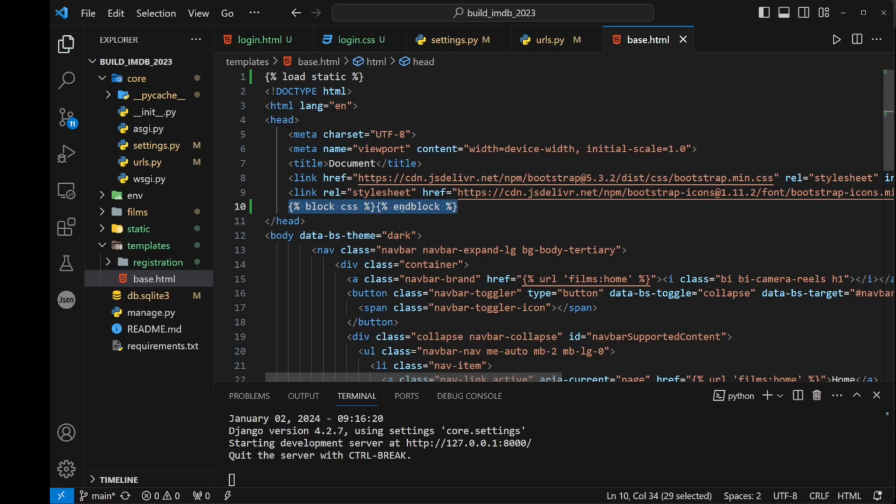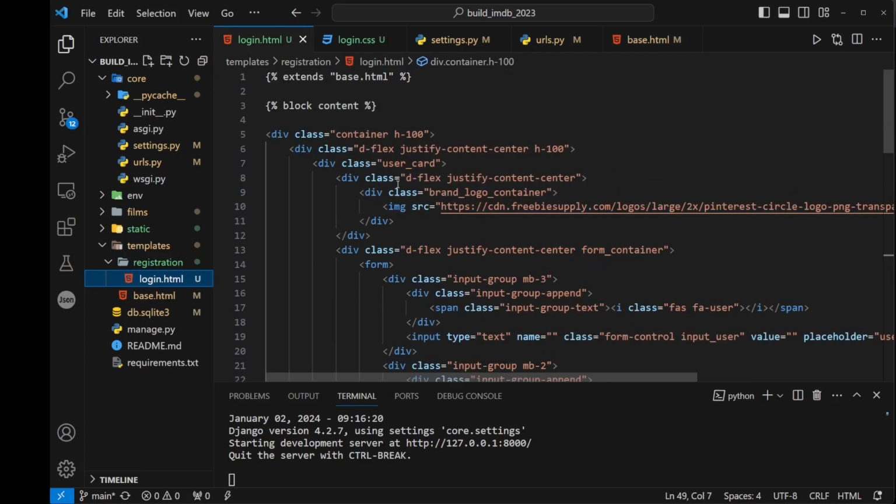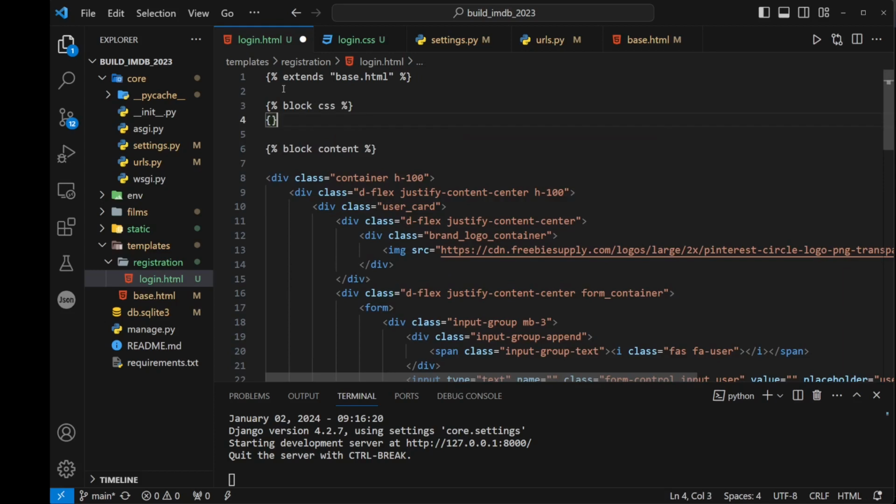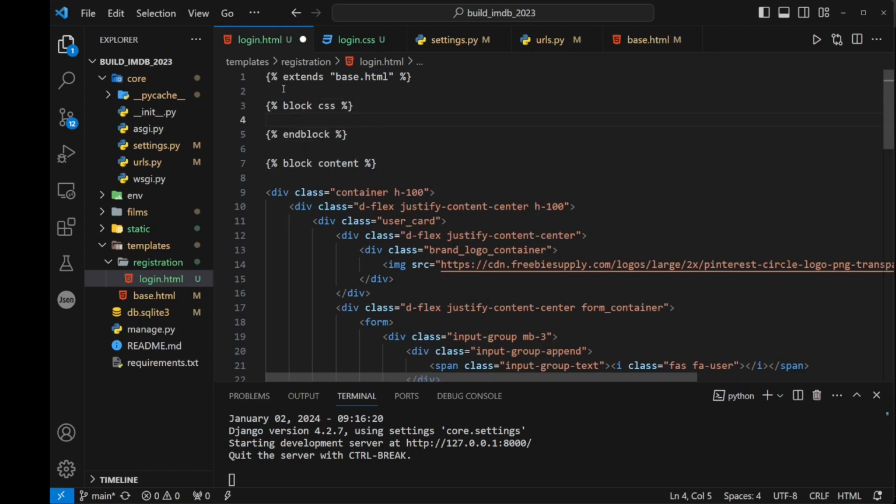And the way we're going to do that is we're going to go back to our registration page here. And right at the top, where we've got block content, we're going to include this above the block content. So we're going to say, this is the CSS that we're talking about. So we're going to say block CSS, and then we'll say end block, and then in between that we'll tell it to load this extra page that we have. So that's going to be, let's load in a link CSS file, and then what we're going to do is we're going to tell it